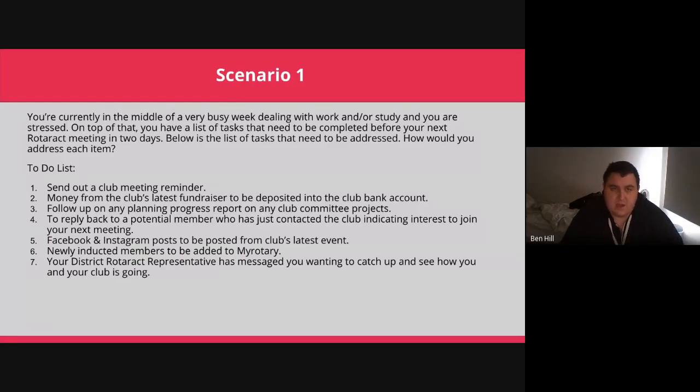First one being send out a club meeting reminder. The second being money from the club's latest fundraiser is to be deposited into the club bank account. Number 3 is following up on any planning progress reports from club committee projects. Next is to reply back to a potential member who's just contacted the club indicating interest to join the next